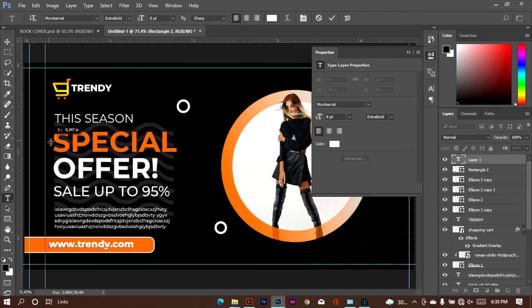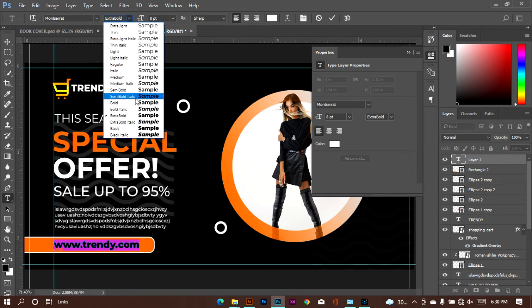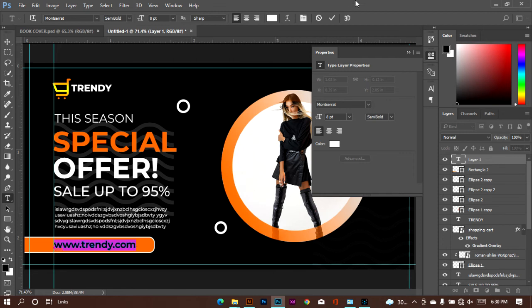So let's click and drag a ruler to this part here. You can see all these are aligned. So we'll now click and align it to this here, as you have seen. So click on Ctrl A and change the style of the font using a semi-bold and click on our tick